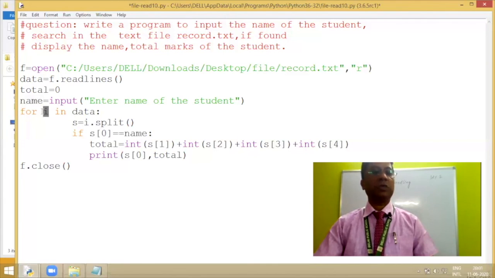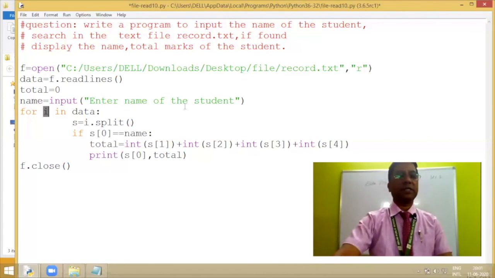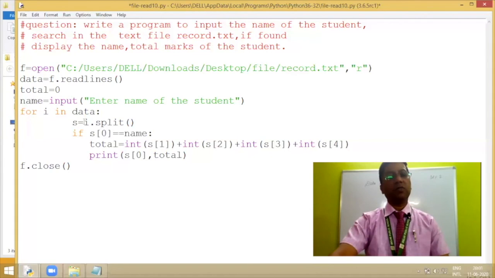Now we'll make use of the for loop in order to read the list. So the first record will come in the variable i. Again, the first record consists of the name of the child and the marks of 4 subjects.